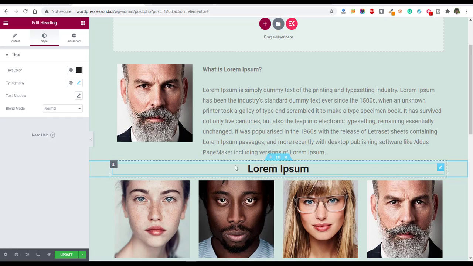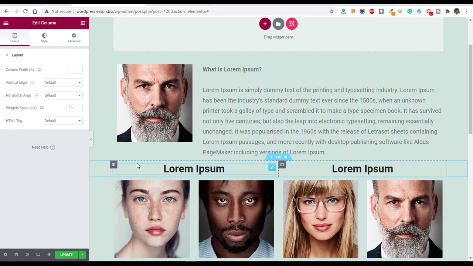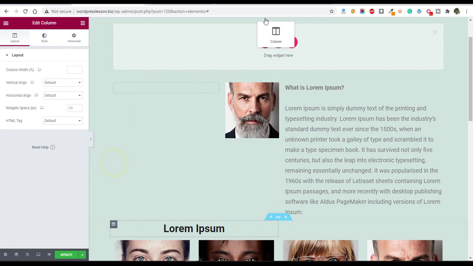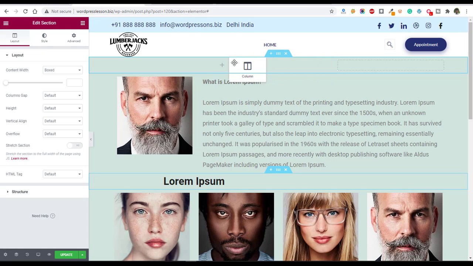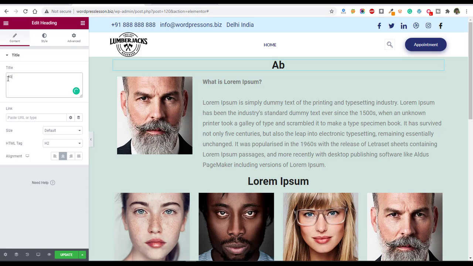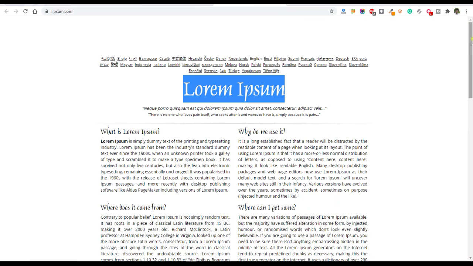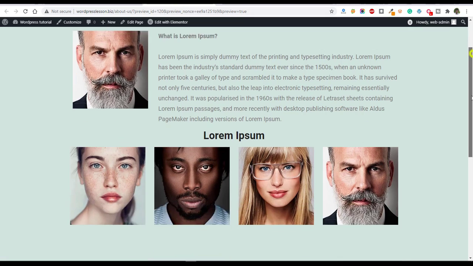We can copy this, just duplicate it, just click on preview, and you can see it's looking good now.